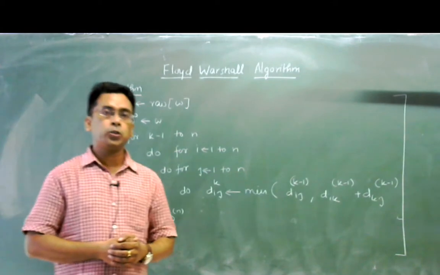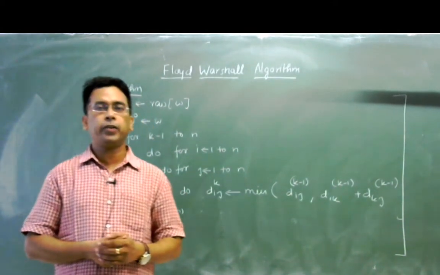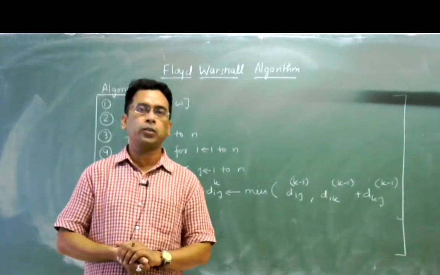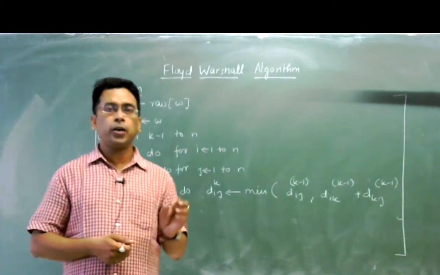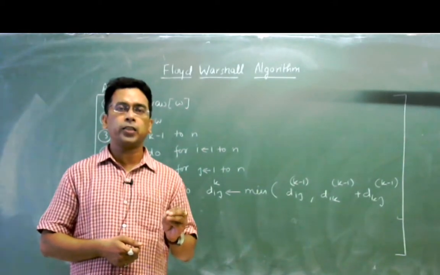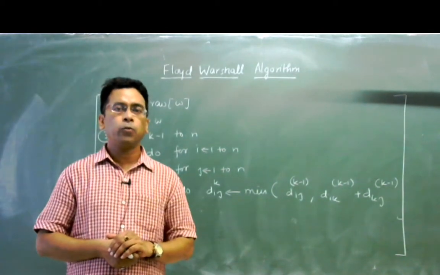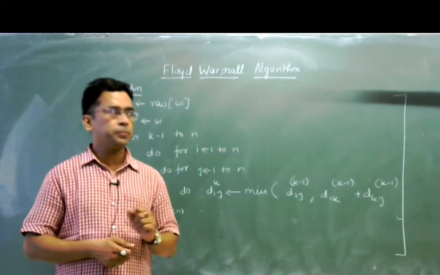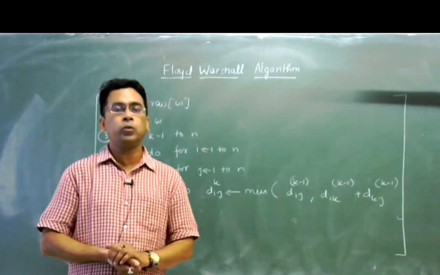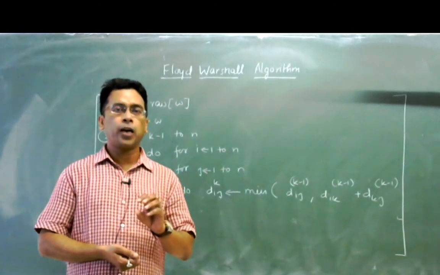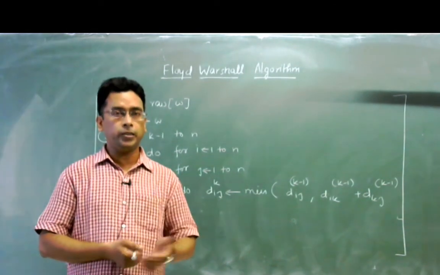How is it possible? The algorithms that we have studied till date were single-source shortest path algorithms, in which we choose a source vertex, and from that vertex we find out the minimum distance path to the rest of the vertices. But in this algorithm, we can simultaneously find out the shortest path from all the points in the graph to all the points.